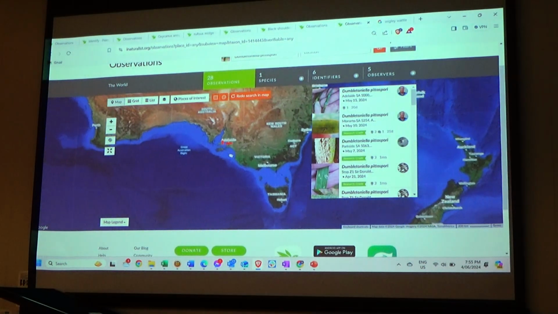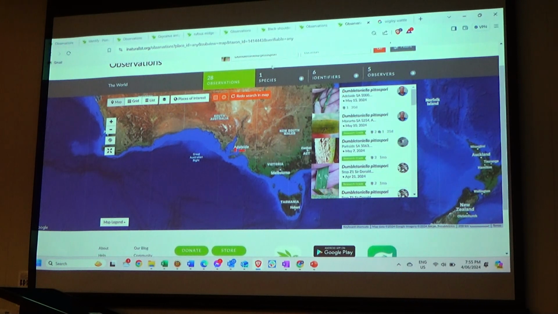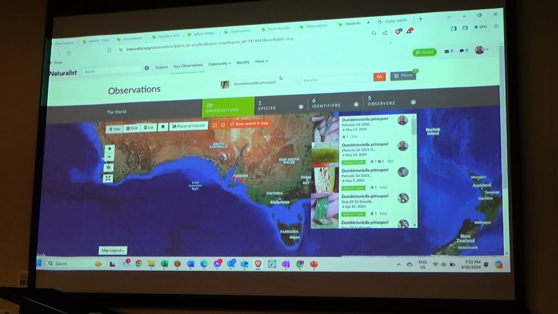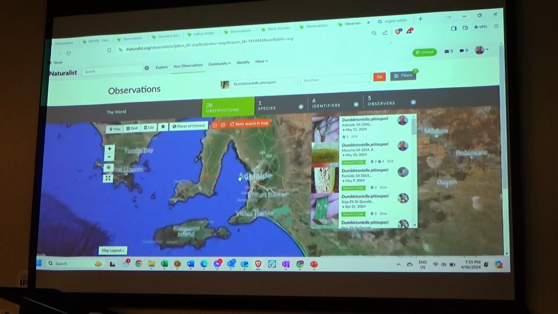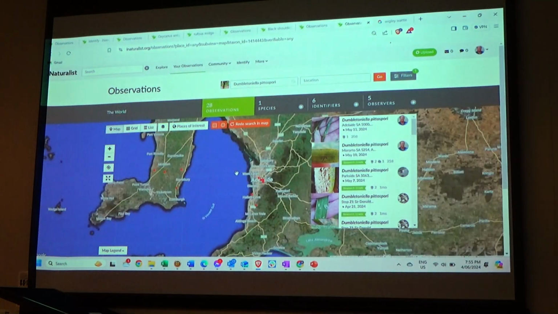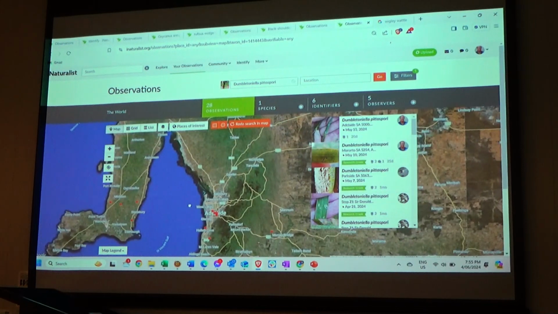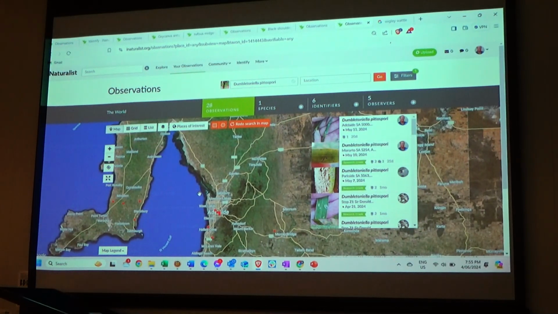We're talking about Pittosporum angustifolium, is it? Oh, okay. Yeah. Right. So have you got it? Yeah, because this has got a conversation on. So this is all of our records. All of the records for this species have all been in the last 2 years. So we managed to find them on York Peninsula,